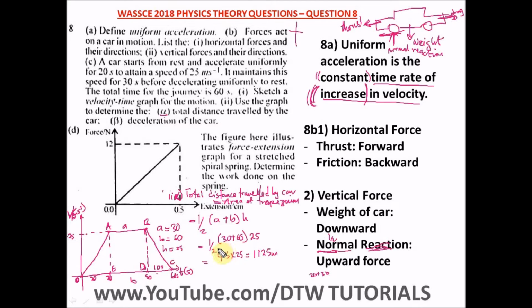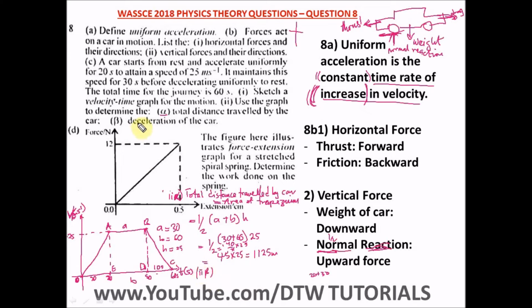Or let me just write it here. So we have here 30 plus this is what? 90 over 2 times what? 25. When you cancel out here, we have 45. So we have 45 times 25, which is equal to 1125 meter. So okay, now so B here. Okay, sorry, this is beta, which is II